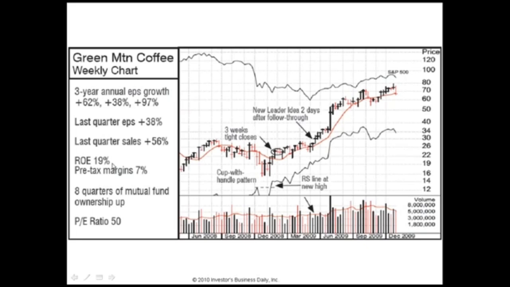Now you see this stock take off, and then notice that when it's breaking out, I mentioned about the 5 weeks, there's 1, 2, 3, 4, 5, 6 weeks in a row going up. So it's being bought steadily by institutions. You've got to realize if an institution has $10 billion under management and they're going to buy a stock, a 2% position, they're going to be buying it for 2 or 3 months. So because they can't get the position they want just in 2 or 3 days, it's an advantage that you have as an individual investor. You can buy something without having to take a long time to get it bought or sold.